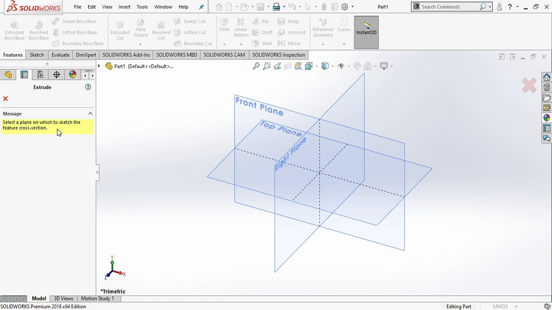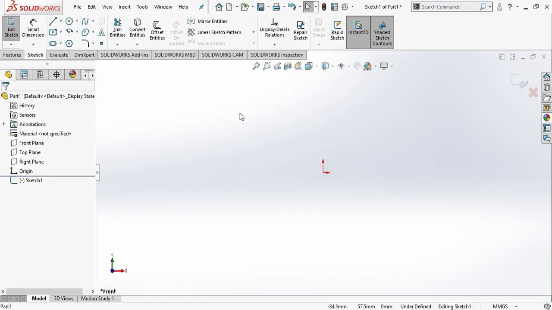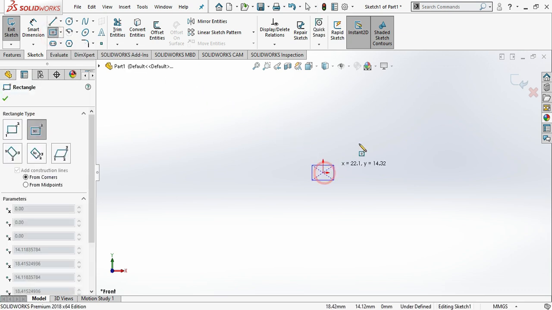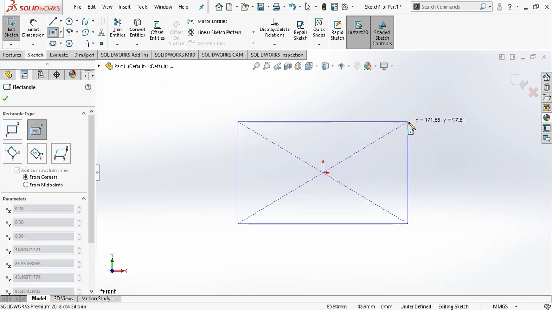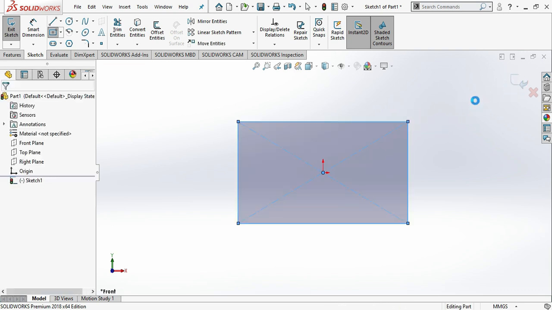The Extruded Boss/Base command does require a 2D sketch, so I'm going to select the front plane, and I'm taken into the sketch ribbon. To keep this simple, I'm going to create a center point rectangle. As soon as I create the rectangle, I will close out of the sketch, and the Property Manager opens for